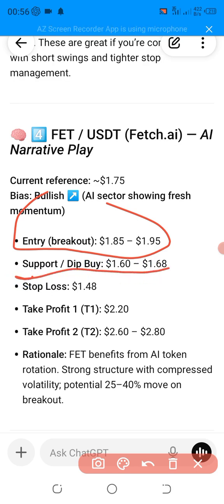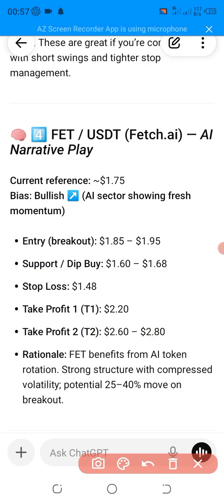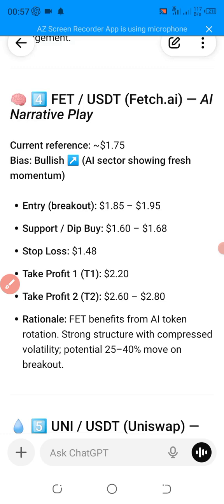You have the lower support and the higher support, and it's telling me to buy above that support. You can see this is the stop loss. This stop loss is what I just recorded in my previous video on how to minimize your loss. You can see this is how to take profit. You can see it will give you everything broken down. When you scroll down, you can see